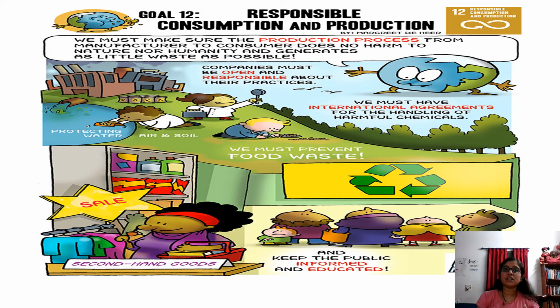Okay, so where does it come from? Definitely we buy from some shop, isn't it? How do they make the furniture? They have to cut the trees, isn't it? So definitely we are depending upon the natural resources. Natural resources are nothing but the things that we can find around us naturally, like trees, air, water, everything. Okay, sunlight, everything is a natural resource. So we are depending upon that, isn't it? We are depending for water, we have to depend upon rivers and ponds and sea, everything. Even though we are not going directly and picking up the water from there, the water comes from there,